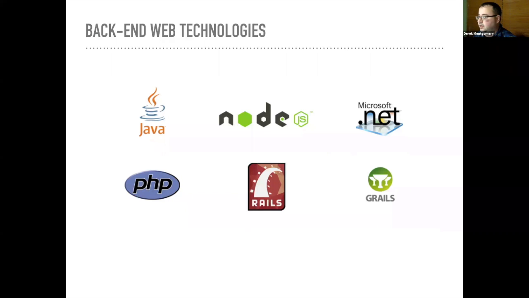Java and Microsoft .NET, which are the top left and top right, if you go to a company that's using those, you will probably be wearing a tie and a collared shirt. If you work on Rails or Node, you're probably going to be wearing jeans to work. That's just how it is. It's weird. There's enterprise technologies, and then there's what are called open source technologies, and those are generally with the hipsters and the cool, cutting edge people.